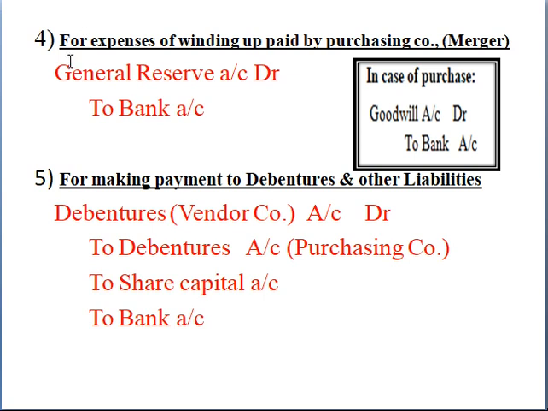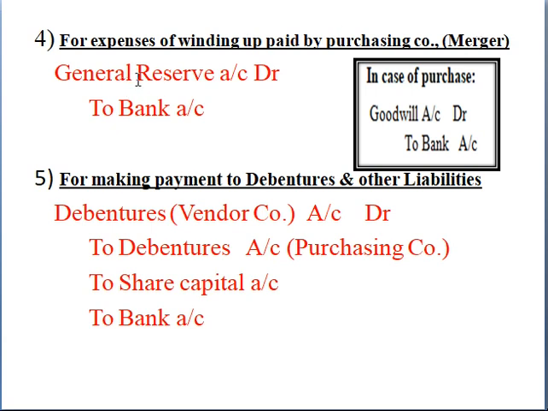Then your fourth one, for the expenses of winding up paid by the purchasing company. See here, the purchasing company may pay the liquidation expenses of the selling company, right? Already in the selling company books we have prepared a few entries, right? Now in the books of the purchasing company, think that the purchasing company makes the payment of the selling company's liquidation expense. In such a case, if it is a merger method,